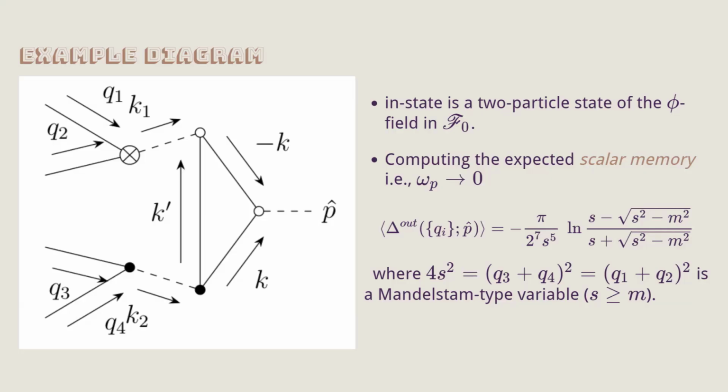I guess coming back to this point again, so this is presumably the same as that, right? Once you put in for this classical process what the final state momentum will be. Yeah, this should presumably give the same thing, yes. But you don't know if it does or not. I mean, that's exactly what I'm saying, right? Imagine that you throw in some two particles. To leading order, as you said, the final state is completely determined. It's classical. You know the interactions, so the final state will be completely determined. Correct. So you know the incoming momenta, you can calculate the outgoing momenta, and from that you can calculate the memory, right? Yes. So that should agree with this, if you can do that calculation.